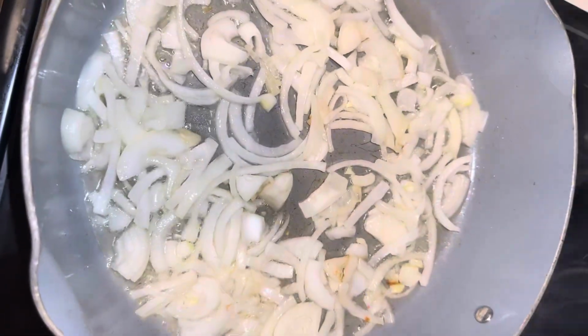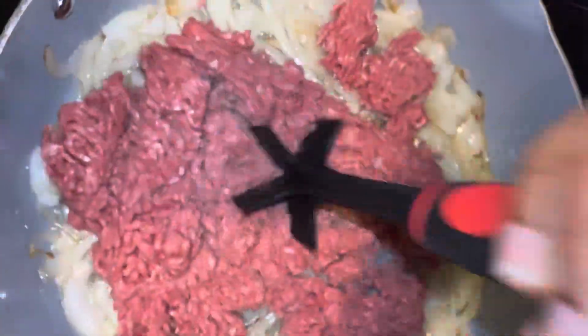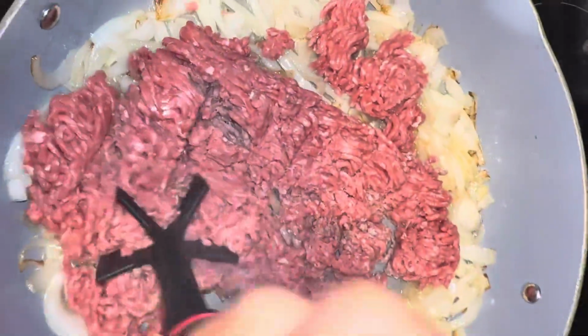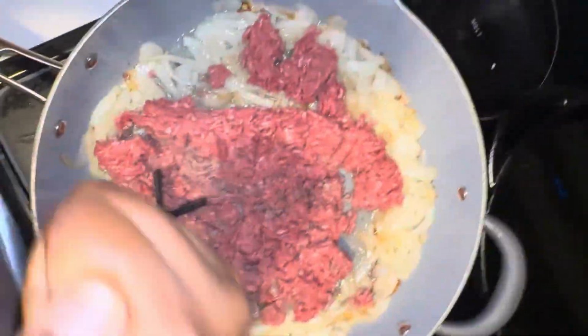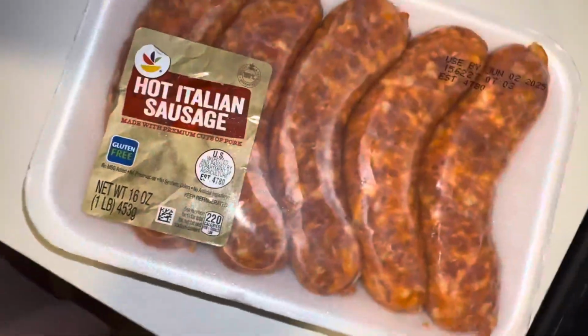I'm going to start with sauteing the onion, and then right to that, I'm going to add my ground beef. And I'm going to get this chopper that everybody should have at this point just because it's so freaking convenient. So after I go ahead and chop my ground beef all the way up, I'm going to add some Italian